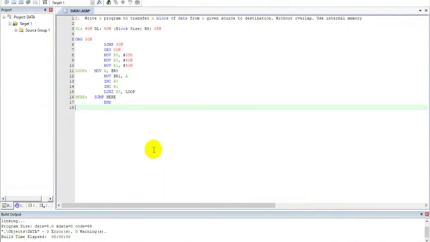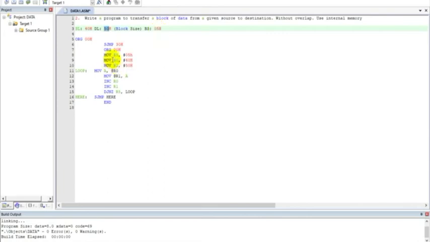Only change here is we don't have a complication of using 16-bit location, 16-bit addresses. So we can use two 8-bit addresses. I'm using 8-bit addresses here, 40 and 50H. And block size, there I had assumed 3, here I am assuming it as 5. Since I am using 8-bit address, internal memory, there is no complication at all of loading DPH and DPL separately. You can use any internal memory, general purpose registers R0 and R1 as a pointer.